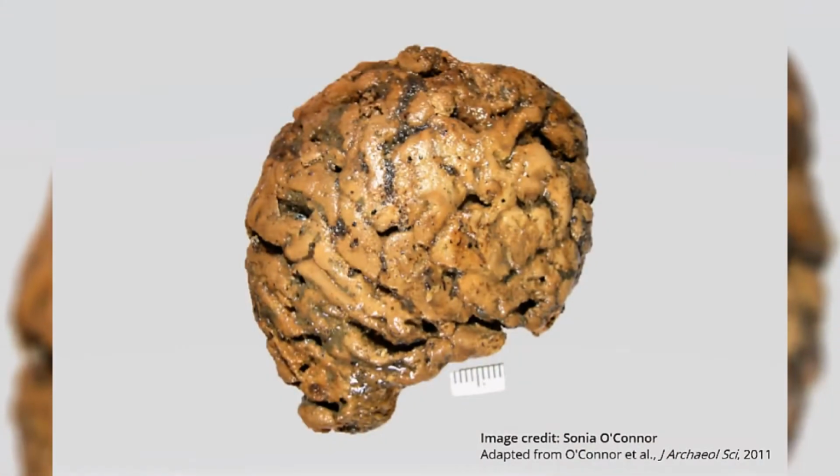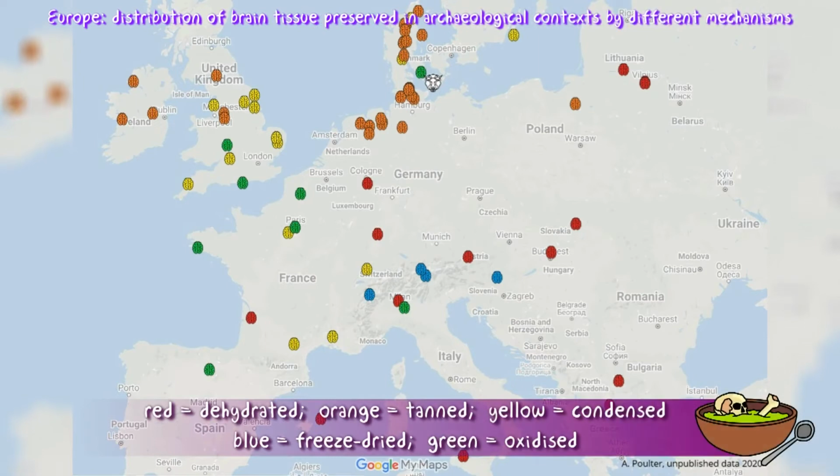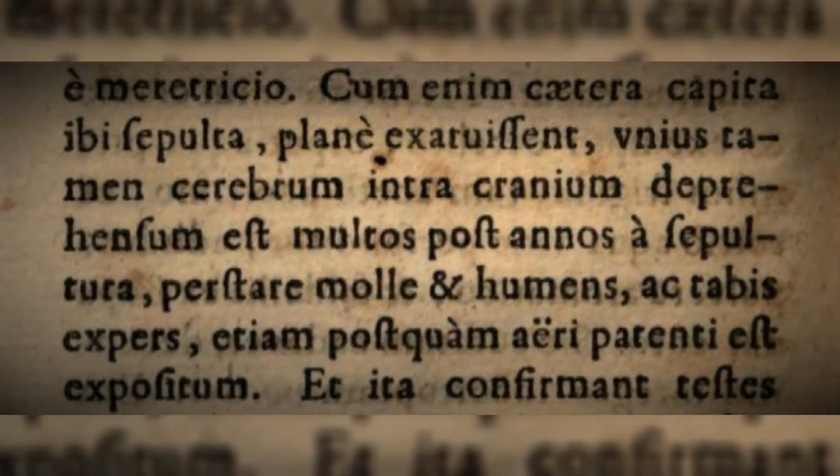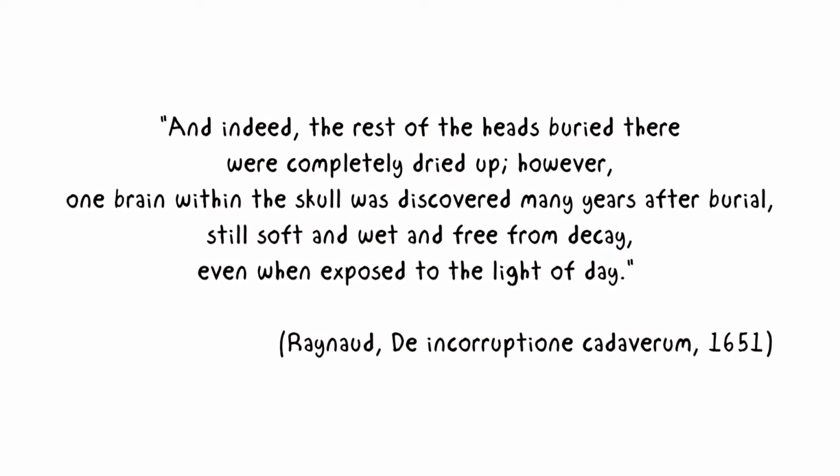As you mentioned, there's very little awareness amongst an enormous proportion of our colleagues for the potential for brain tissue to preserve in the first place, let alone the vast numbers at which it patently does so. My colleague Sonia O'Connor, who's at the University of Bradford, and who wrote the original 2011 report on the Heslington Brain with a vast number of colleagues and collaborators, initially found 300 reports of brain preserved dating back to 1960. I've critically reviewed all of those papers, and I've subsequently found more than 1,000 further brains in reports dating back to 1651. So it has been known since the 17th century that brain can preserve, but I'm afraid that it's still